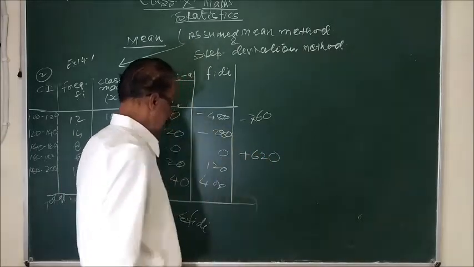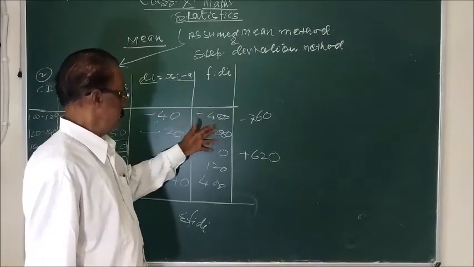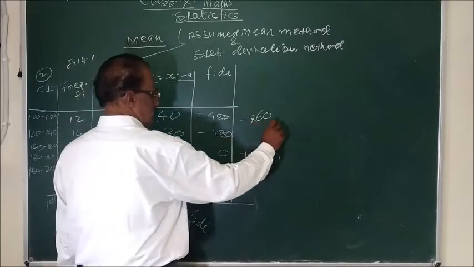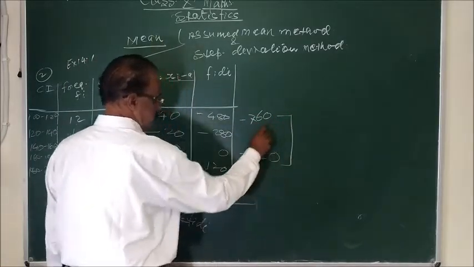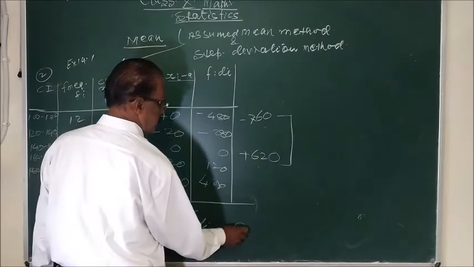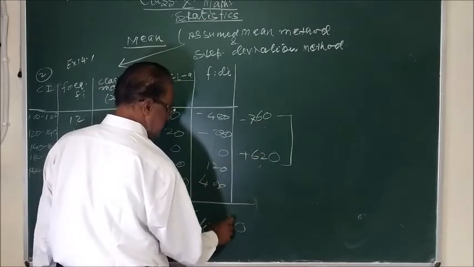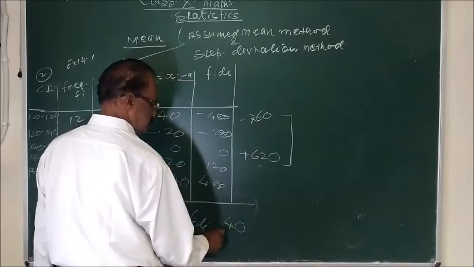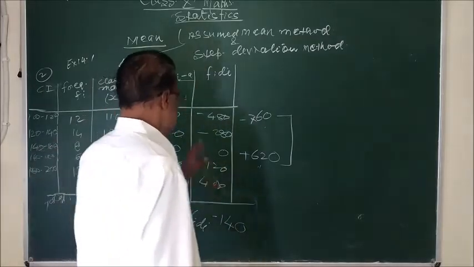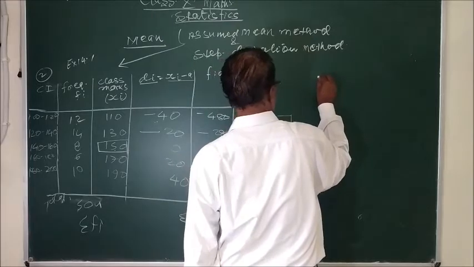Now you find the sum of these two negative and these two positive terms, and you simplify them. You will get sigma fi di. So you will get minus 140. Now this is the process in the assumed mean method. The formula is